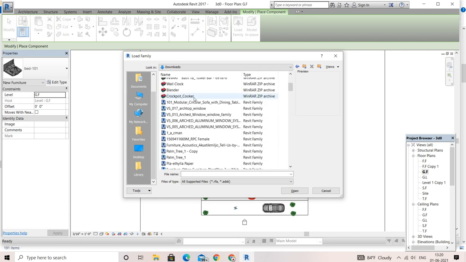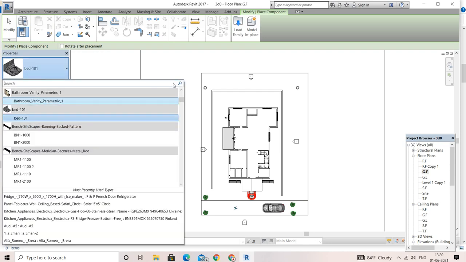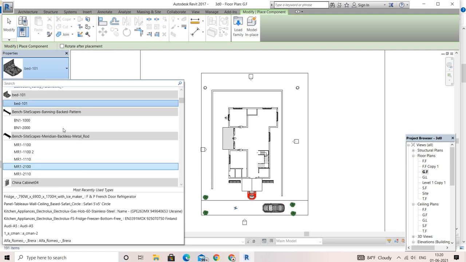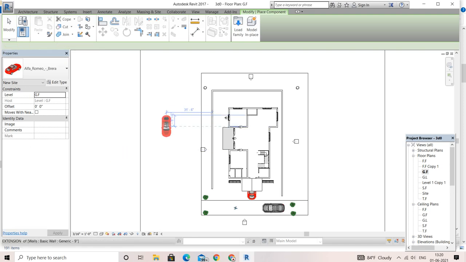Here you can see on my right side, some of the components are there. So here, palm tree over here, just go and open it. If you open it, it will be saved over here in this left side. Here I have already opened it, meaning I have already loaded it in my family. You can see a lot of families are there, so I need not reload the family. If I want this Alfa Romeo, just go and click it here. It is only for a demo for you.